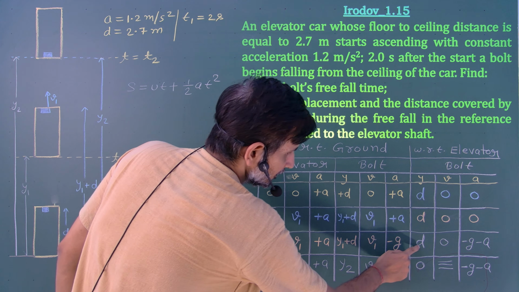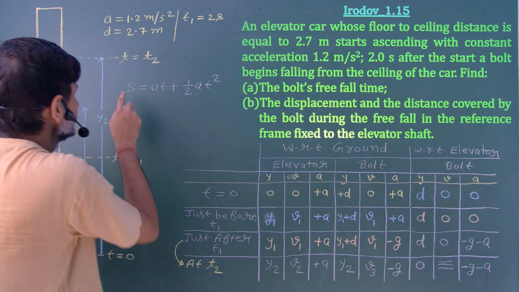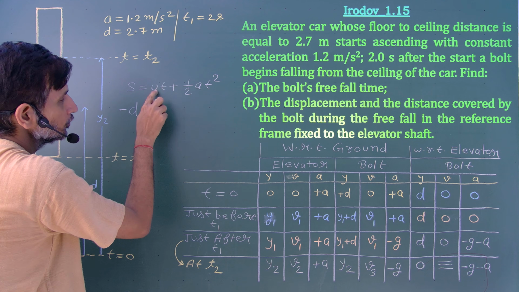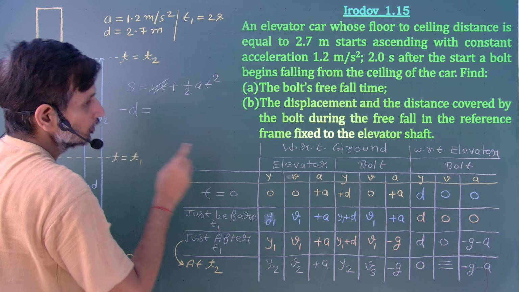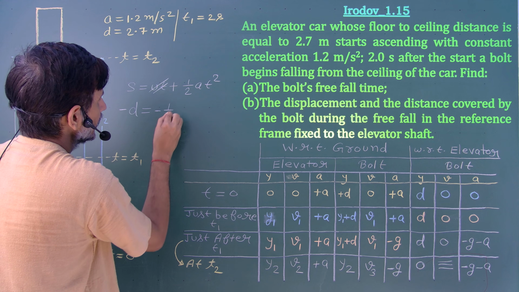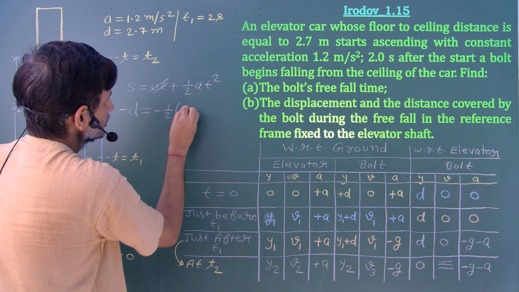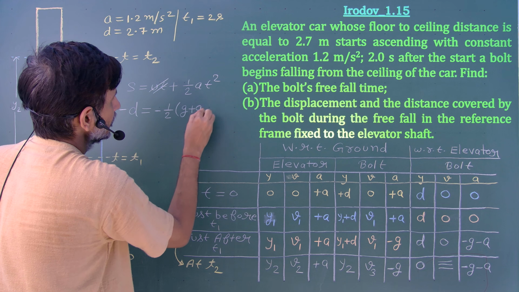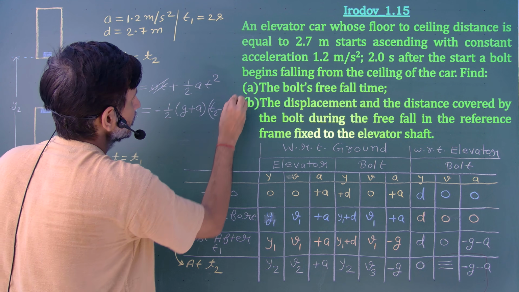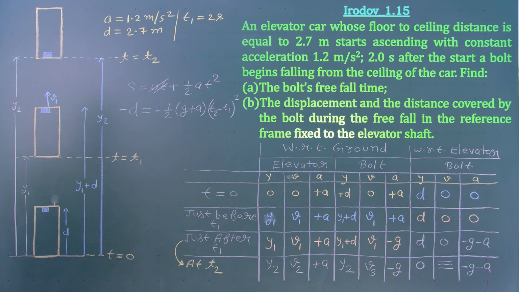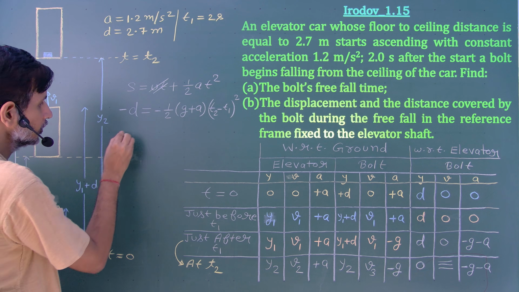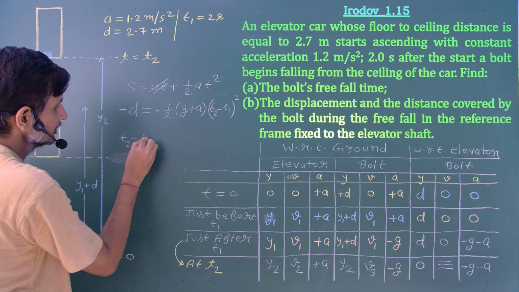Initial position is d and final is 0, so displacement is minus d. U is 0, so this will become 0. What is the acceleration? Acceleration is minus 1 by 2 (g plus a) into (T2 minus T1) square. So this minus and this minus will cancel out and we get